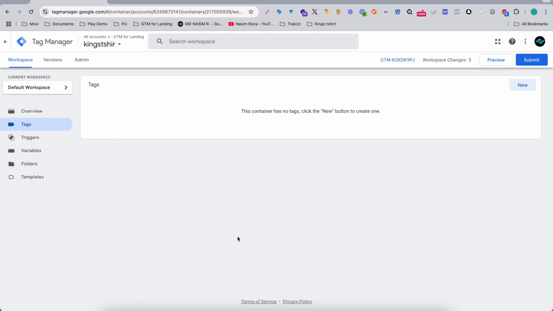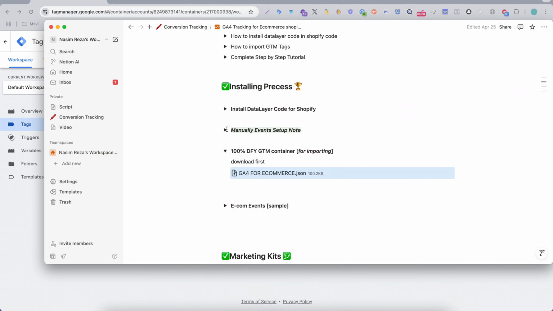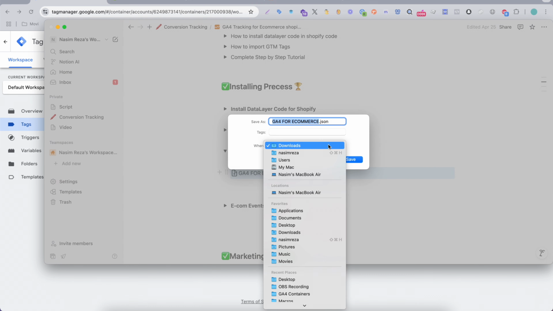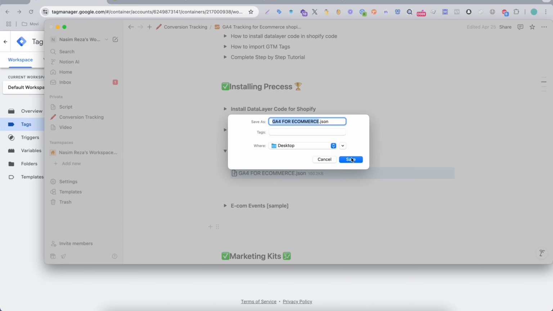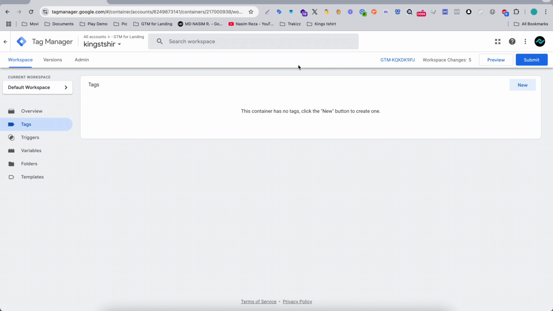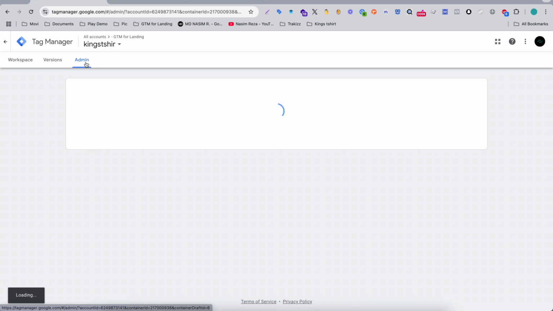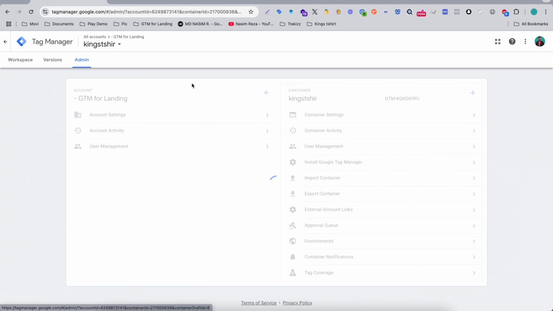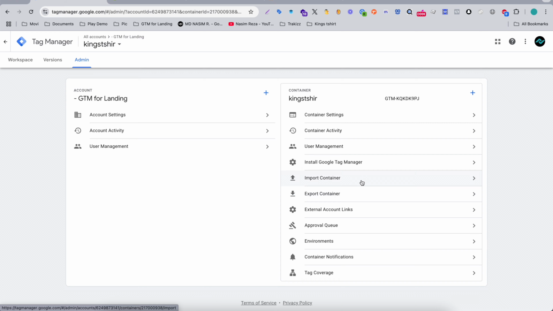So actually I'm going to go my Notion template and I'm going to download this one. This is GA4 for e-commerce and I am downloading it on desktop. Okay, so just look the magic, guys. You don't need any skills, you don't need to learn Google Tag Manager. If you have a store, just what you need to do, just go to admin and then go to import